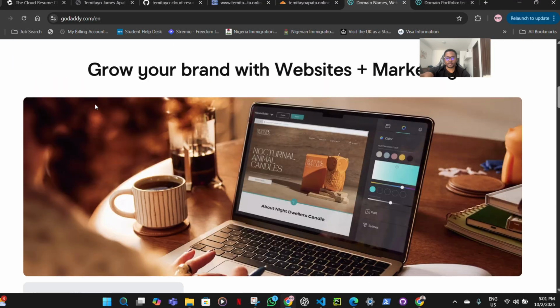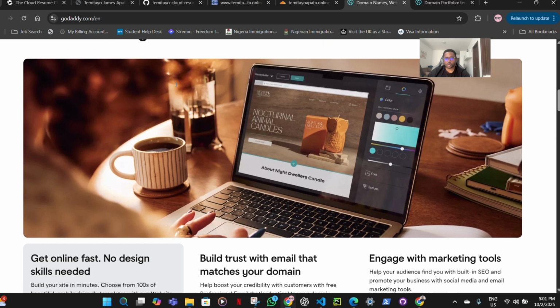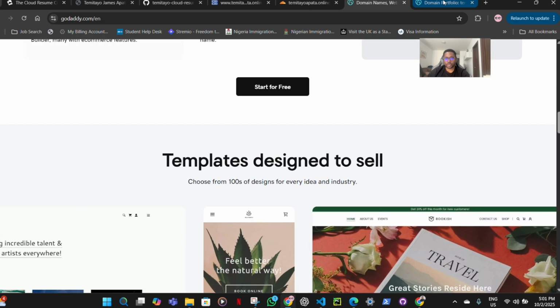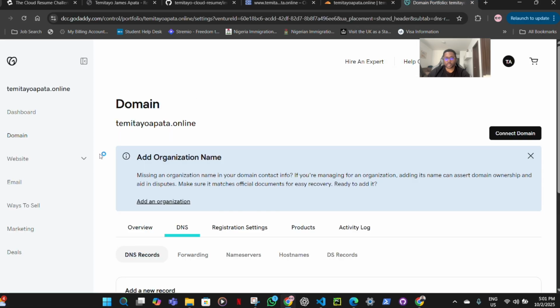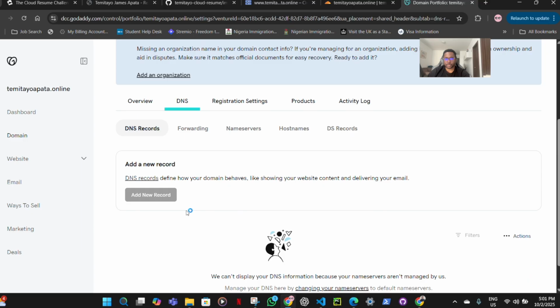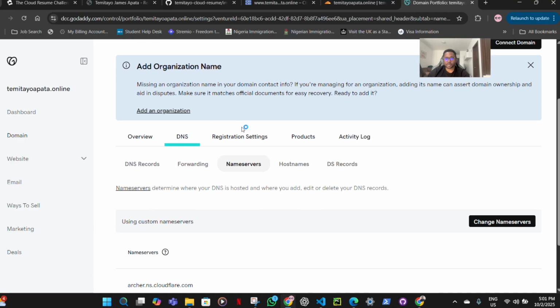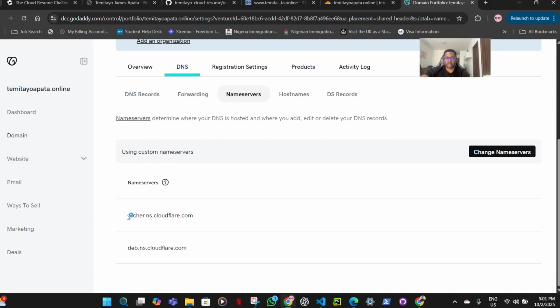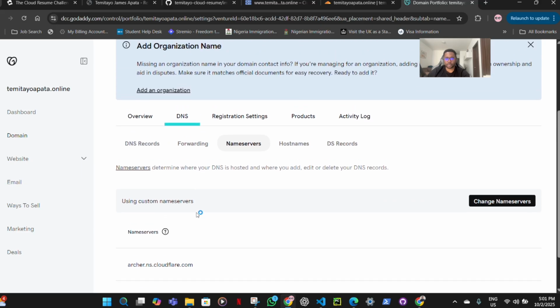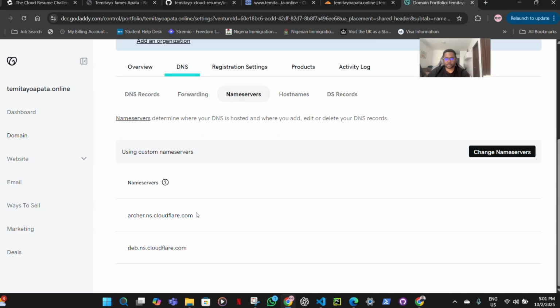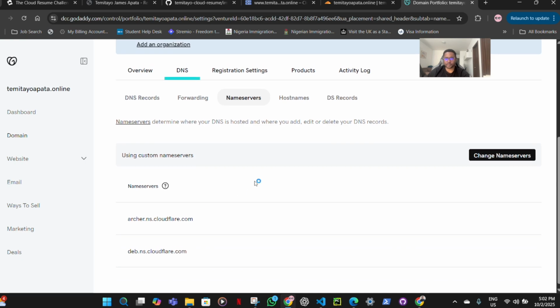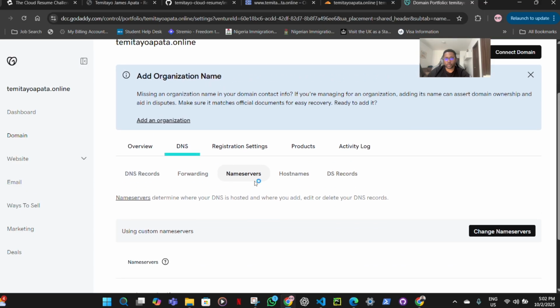I didn't keep the default GoDaddy DNS. Instead, I switched to Cloudflare for better control and performance. To do that, I updated the name server, the NS records, inside my GoDaddy dashboard to point to Cloudflare's name servers. In my case, that's archer.ns.cloudflare.com and its pair. So from that point on, Cloudflare became the authoritative DNS provider for my domain. This setup lets me manage DNS records, caching, and TLS certificates directly through Cloudflare, while still keeping the domain